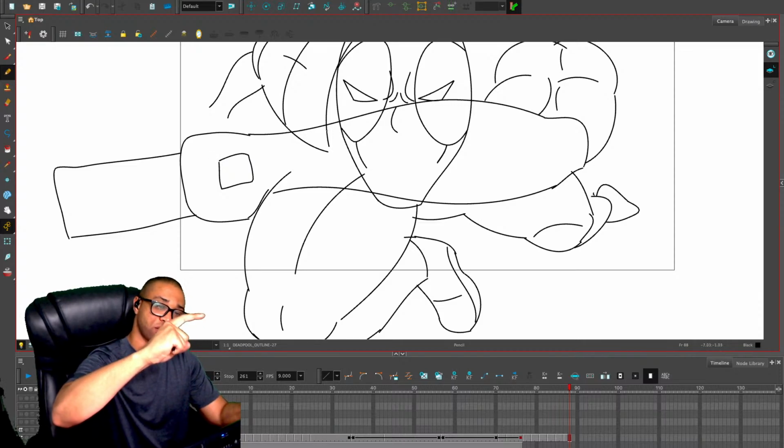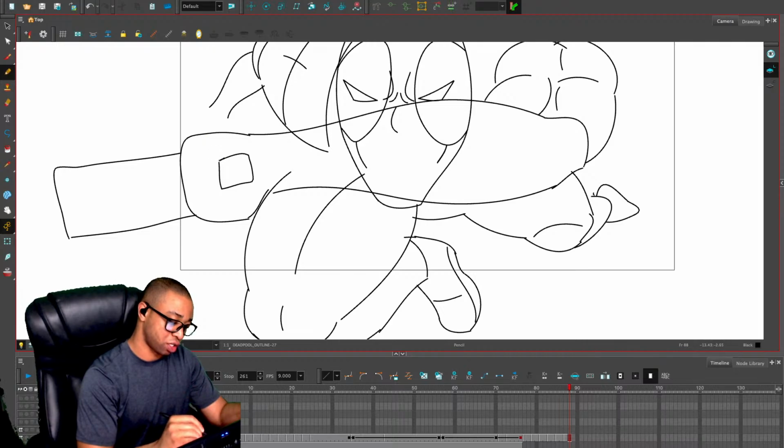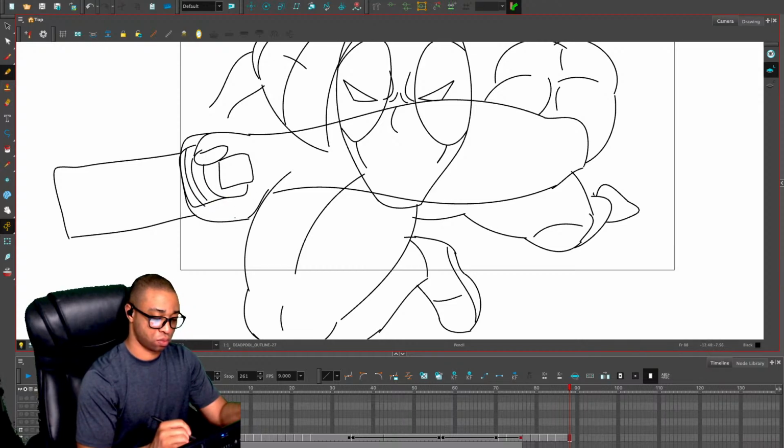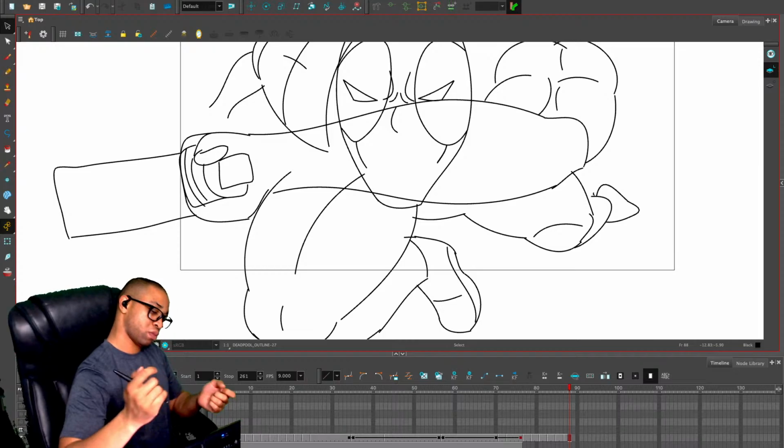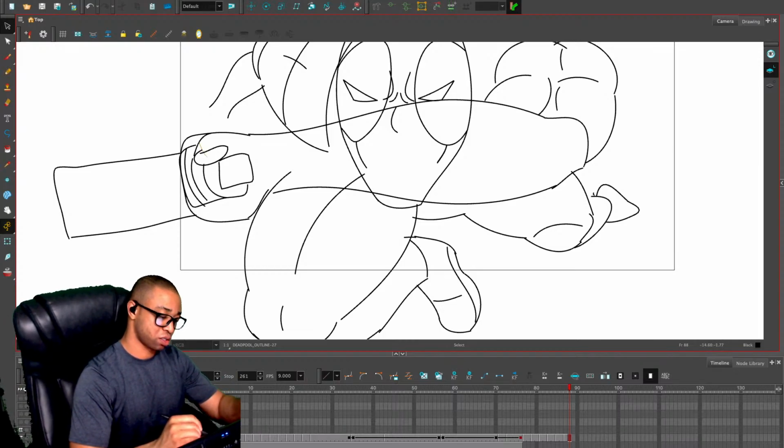It's kind of like his hand is from the bottom, so we see it kind of like. Oh, wrong side. I'm like, why does it look like that? It looks funny.